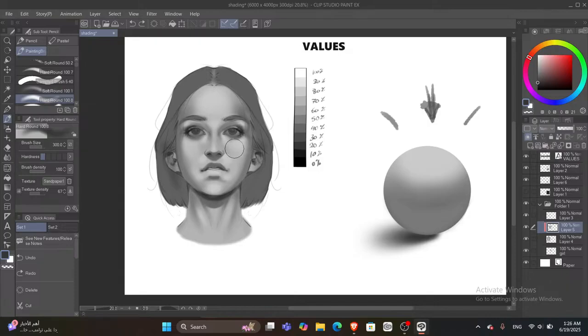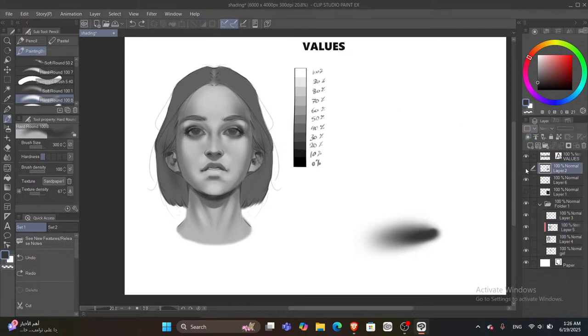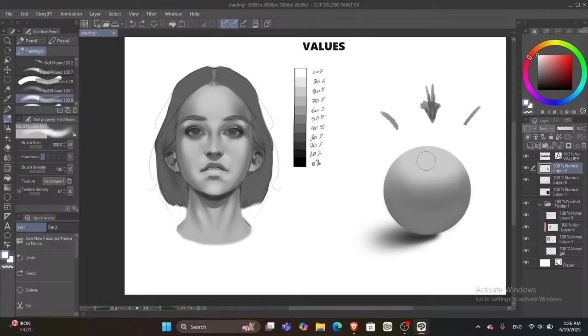Alright, the last step is adding highlights. So if this is our ball, I'll use a pure white and then add our highlight. I like to just go for a soft brush so I won't go overboard with it. These are actually the highlights on the cheeks,